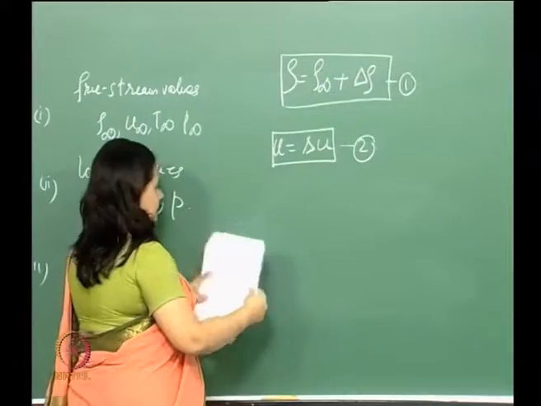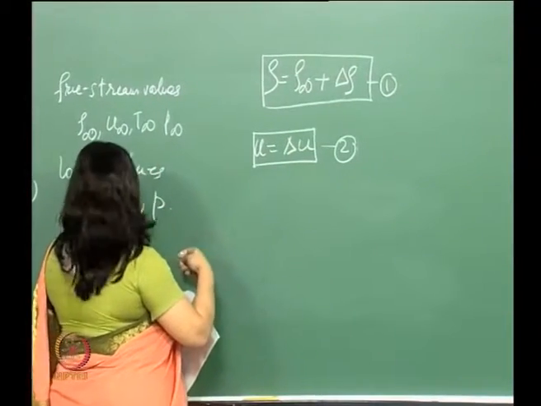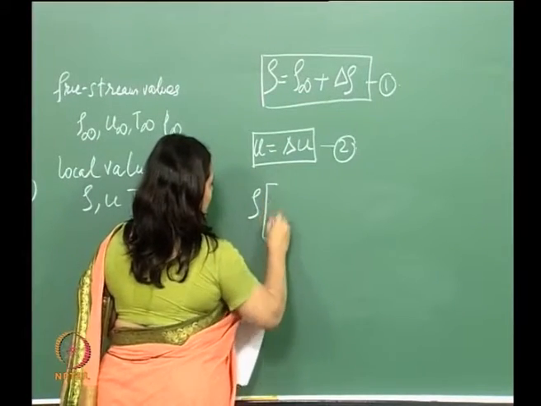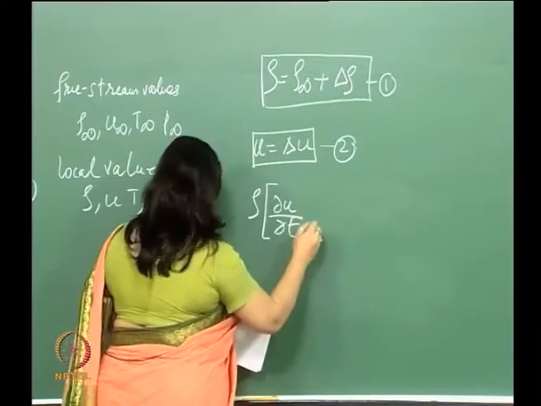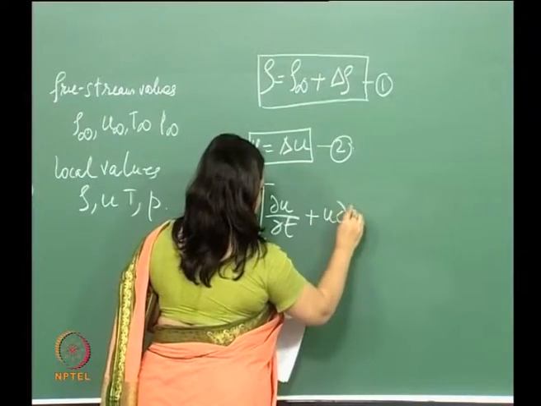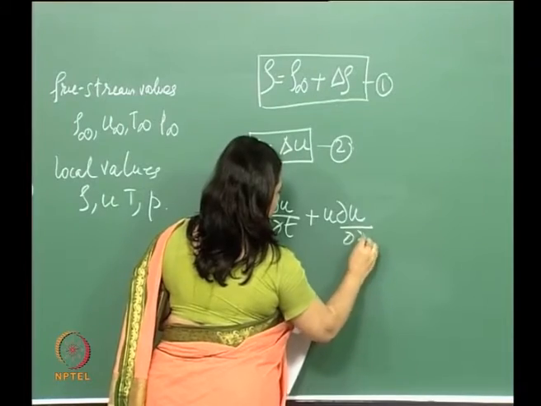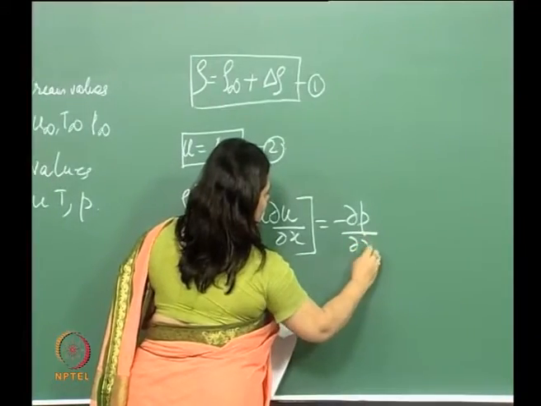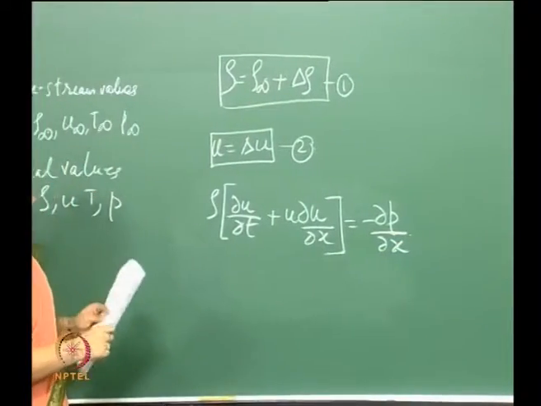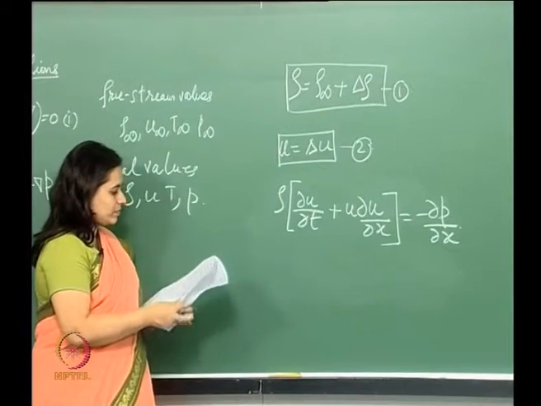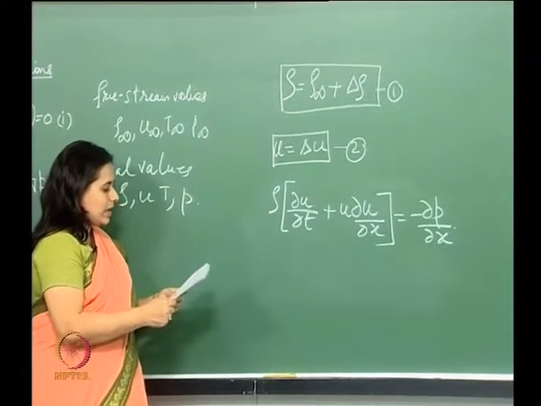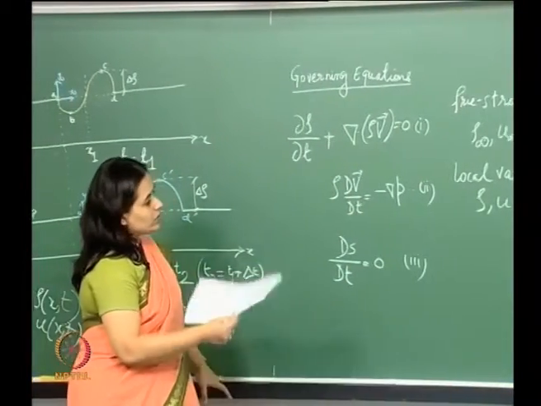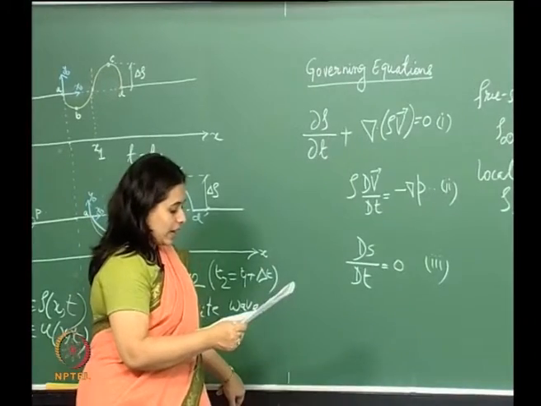So, the momentum equation in the x direction, if I write it, what I get is, okay, so we get that, right. And from the third equation, of course, okay, so we sort of get that,